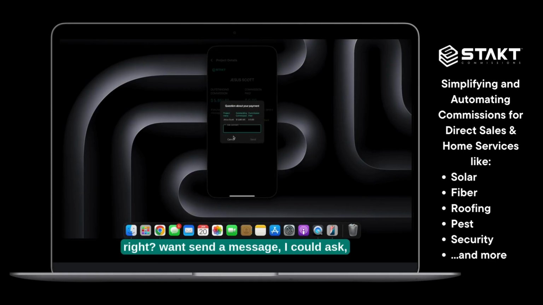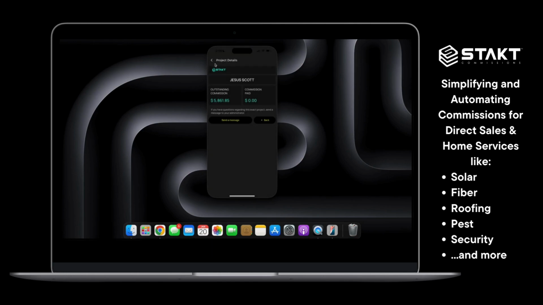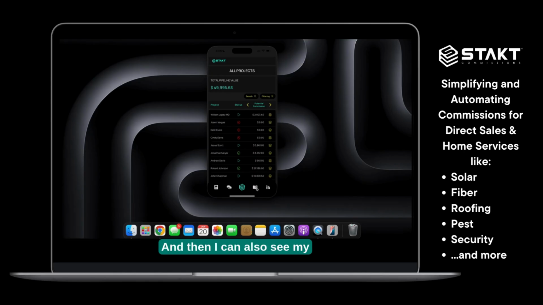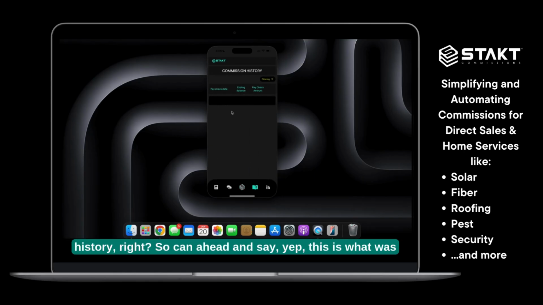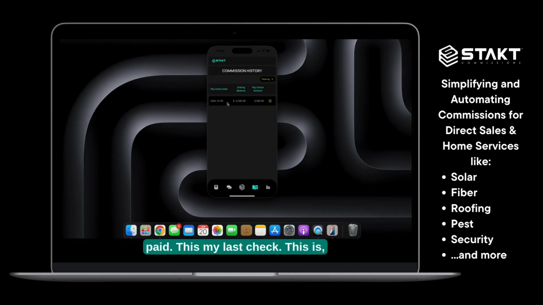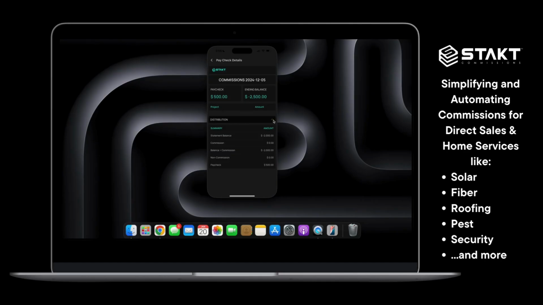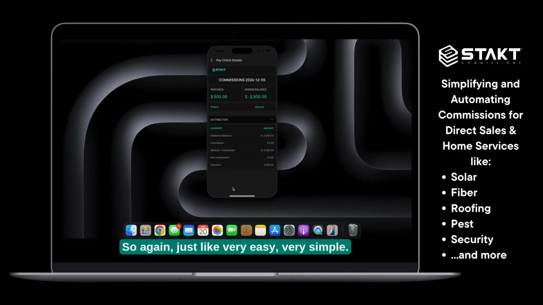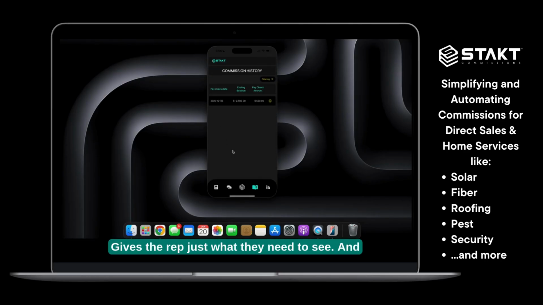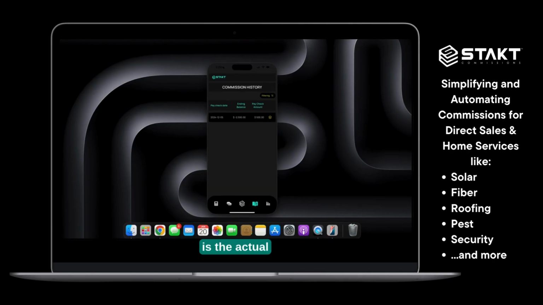If I wanted to send a message, I could ask, hey, like what's going on with this project? Or hey, maybe this is wrong. And then I can also see my history, right? So I can go in and say, yep, this is what I was paid. This is my last check. This is why I got paid that amount, right? So again, just like very easy, very simple, gives the rep just what they need to see. And yeah, the next thing that we're going to show you is the actual